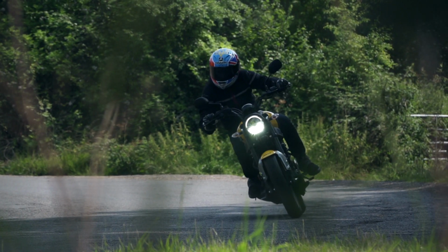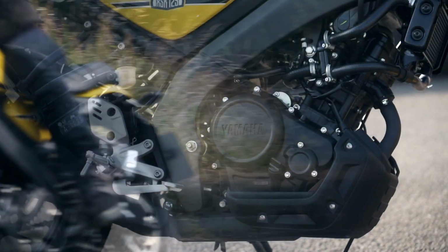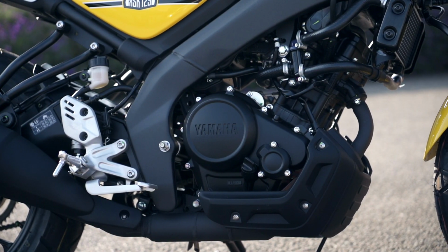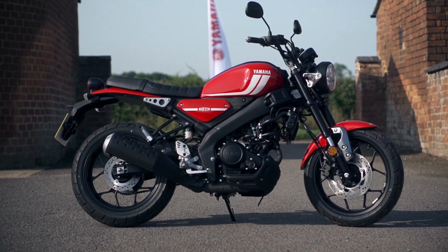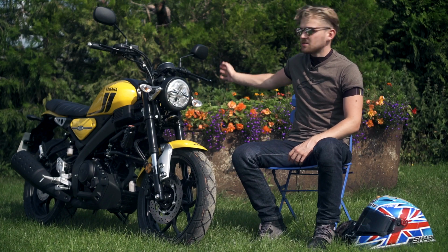So what is it? Well, essentially, it's the MT-125 with a makeover. It's got the same engine, although it's been updated. It's got quite a few new parts, quite a few refinements, which make it Euro 5 compliant, but it still makes 11 kilowatts, which is at the very ceiling of what you're allowed on this license type. It's got the same chassis, although it's got a slightly different subframe, as you can see, just to accommodate the